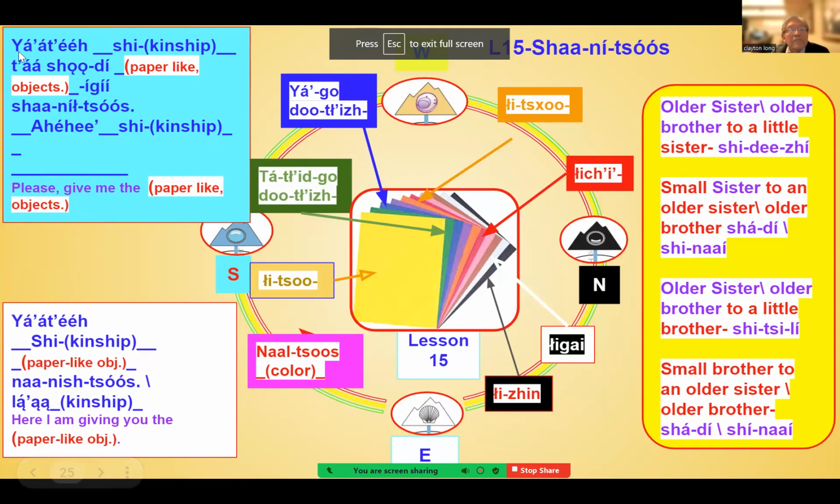Okay, here we go. So anyway, yad shidera. So if it's a girl, yad shidera, and you're talking to another girl, and you're called shidera, and the little girl would say, yad shade. That's your sister response. And then if it's a little boy, we'll go down here. Okay, here we go. Yad shade.